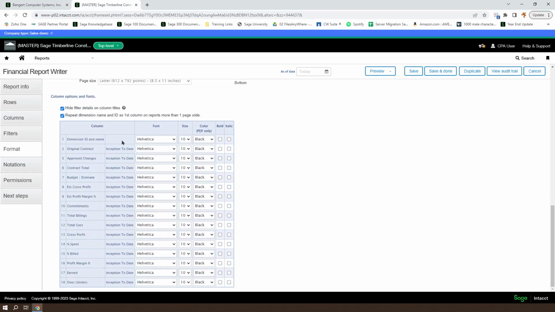So first things first, we've got font size 10 on all of our columns. And let's go ahead and actually bring that size down to, it's tight to read sometimes, but 8. 8's going to give us a kind of minimum size for most reports.